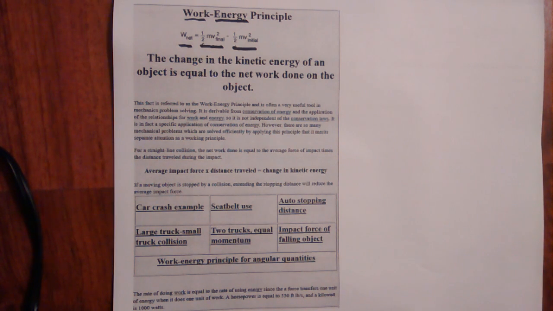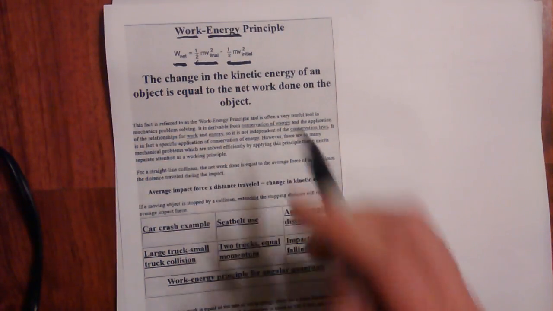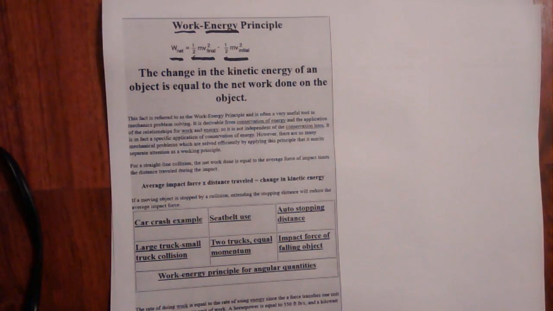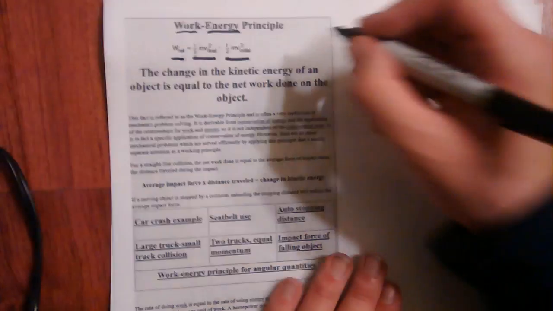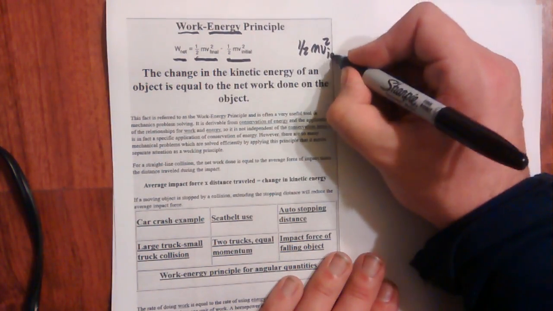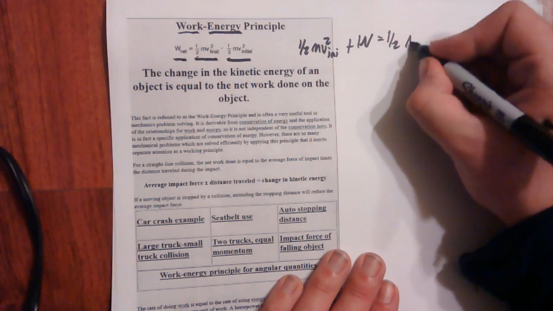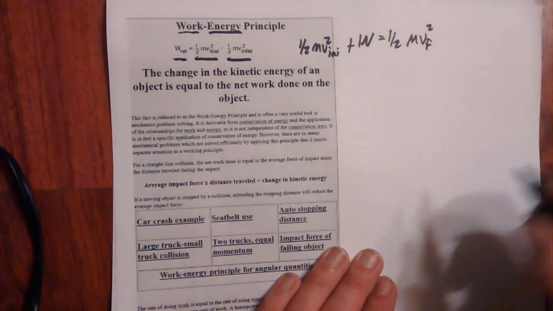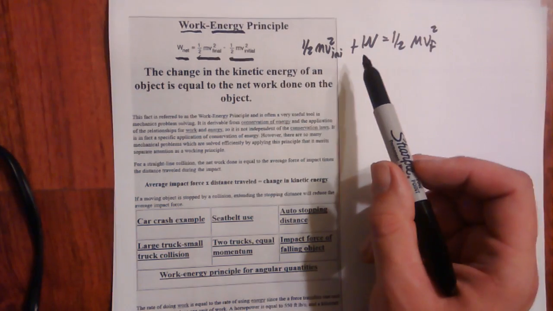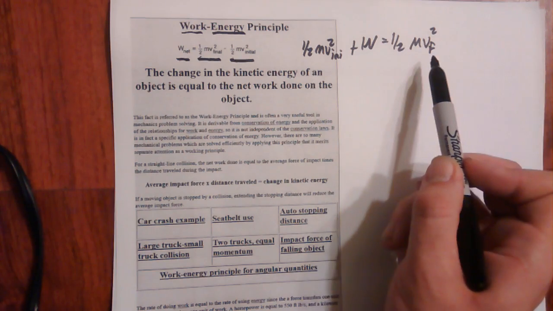While it is consistent with the name of the principle, having work on one side and energy on the other, and it does show that work is the change in energy, it feels less useful and analogous to real life. Instead, I will add the initial energy to both sides of the expression. This lets us see that any energy we had at the start plus the work is equal to the energy